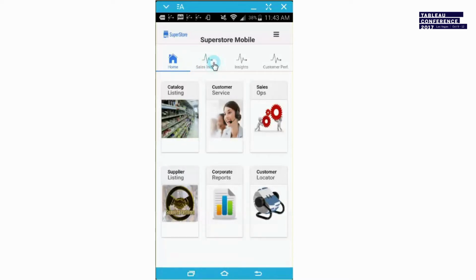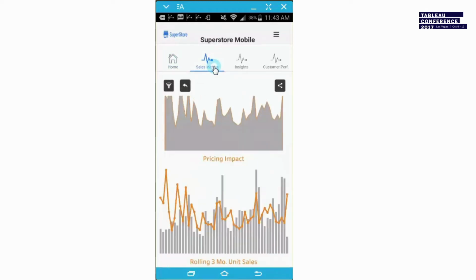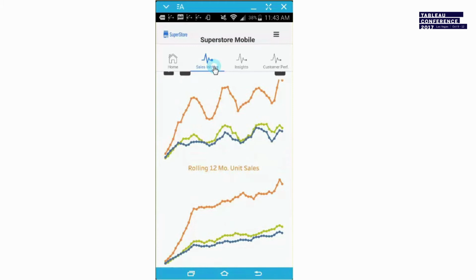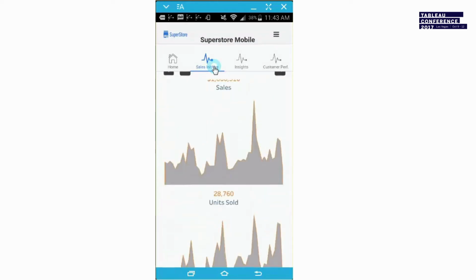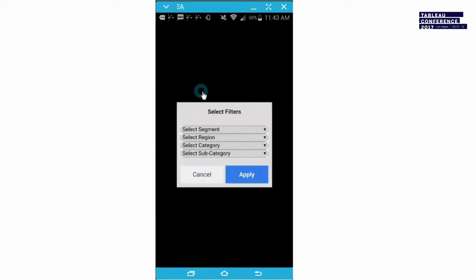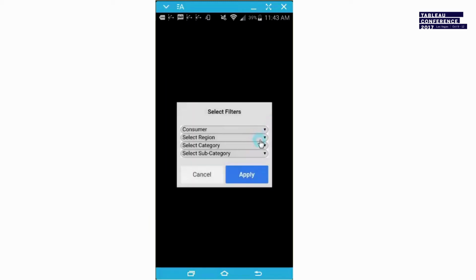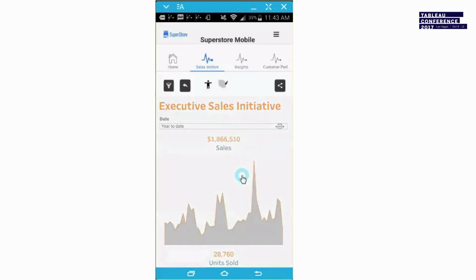So as we said, we've got the 4 tabs across the top there, and each one of the 3 tabs on the right will take us to a specific viz, so it's a quick shortcut to get to a specific viz. Have some filtering capabilities here, so I'm selecting consumer and east,